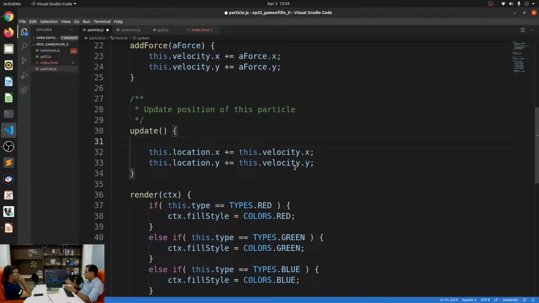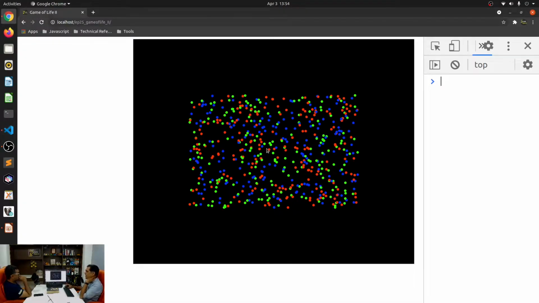Okay. The first thing that we'll have to do is find out if this particle is within a certain distance of another particle. All right. So going back over here, if, let's say, we focus only on this red, for example, it needs to interact with other particles.